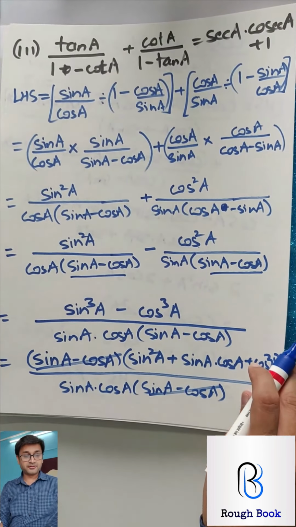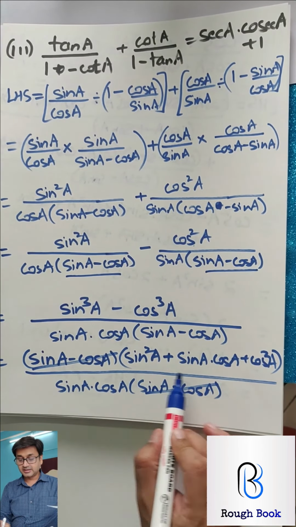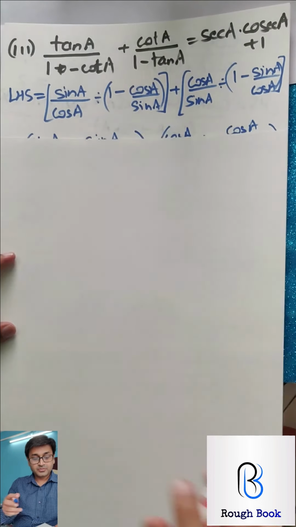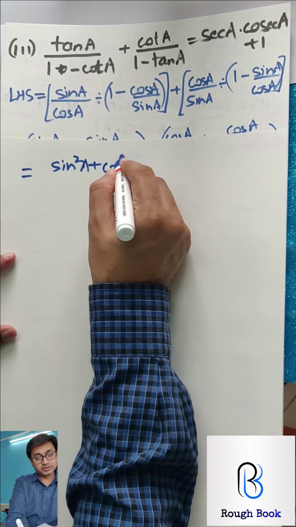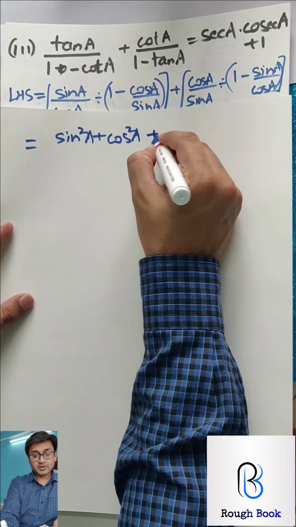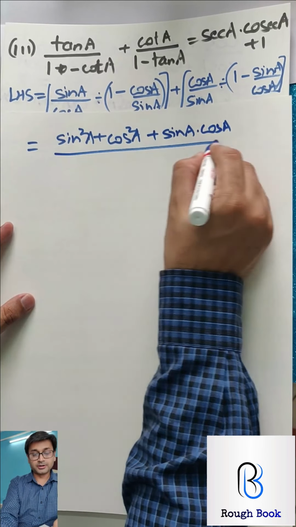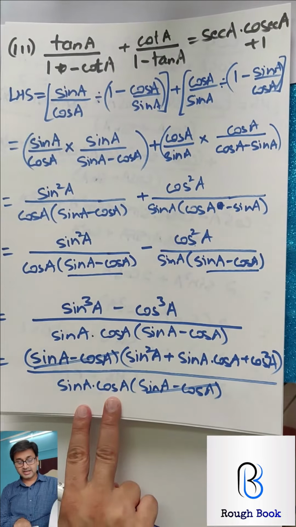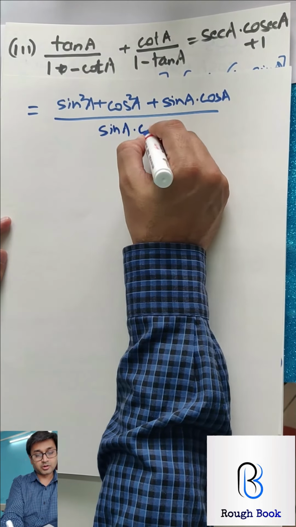Yeah. So I'm taking a fresh sheet in order to move ahead from here. So is equal to, I'm writing sin square plus cos square together. So is equal to sin square A plus cos square A together plus sin A cos A plus sin A into cos A upon sin A into cos A, which is left over here, sin A into cos A.